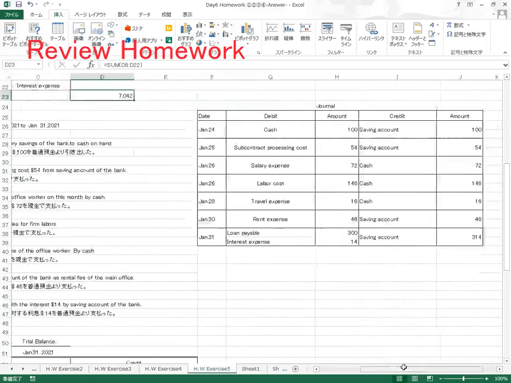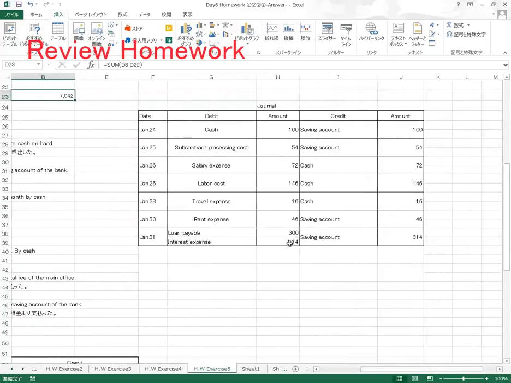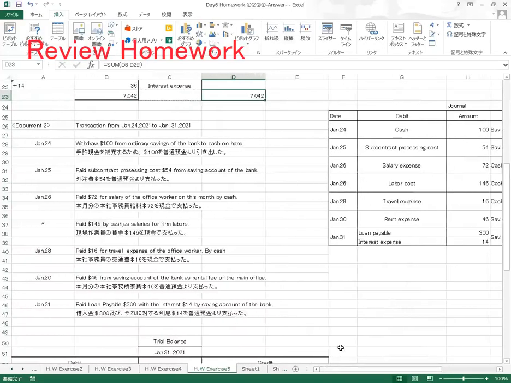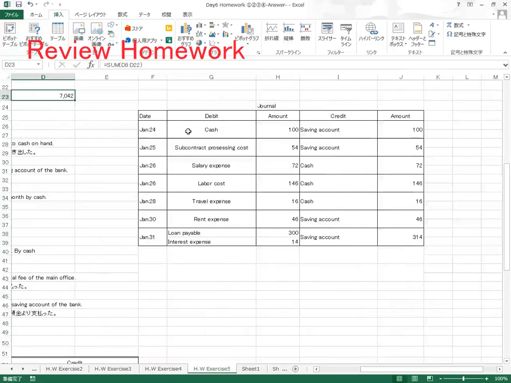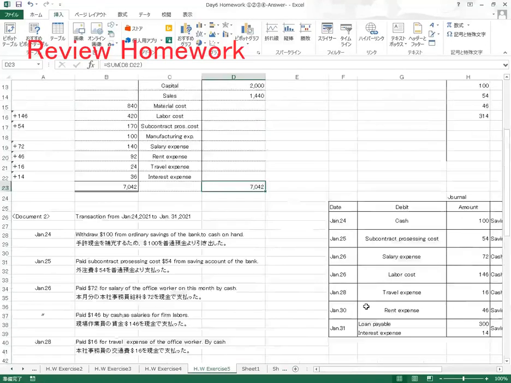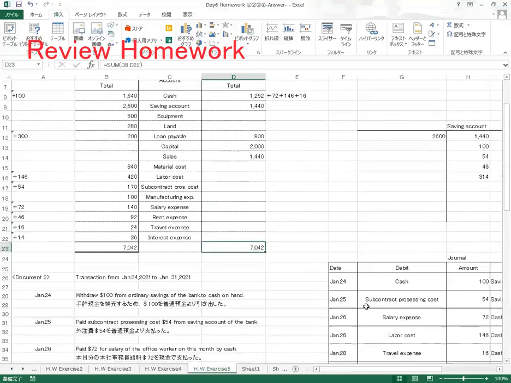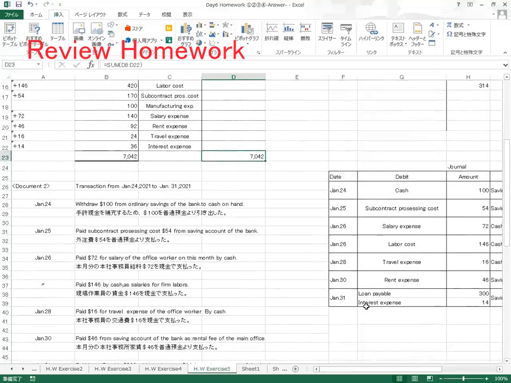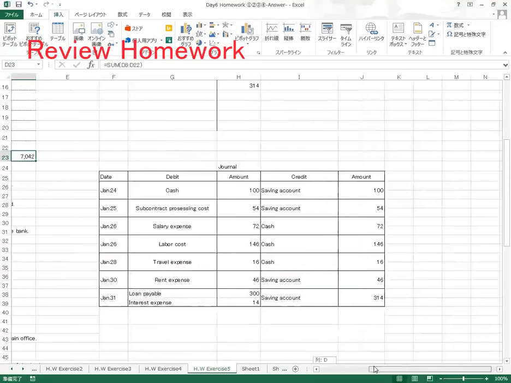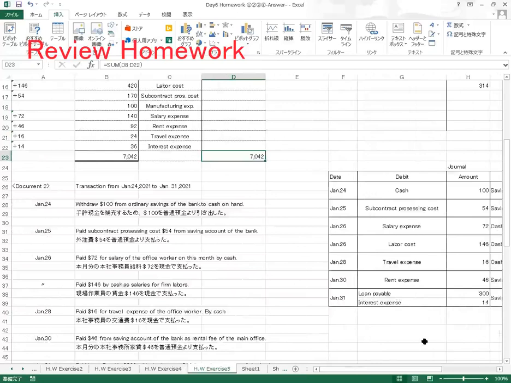You should make the journal entries from 24 to 31 and then add them to the first trial balance. Then you make the journal entry, then go to... what do you do? From the journal entry, you will go to